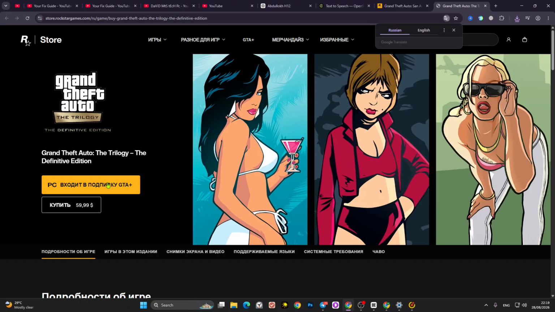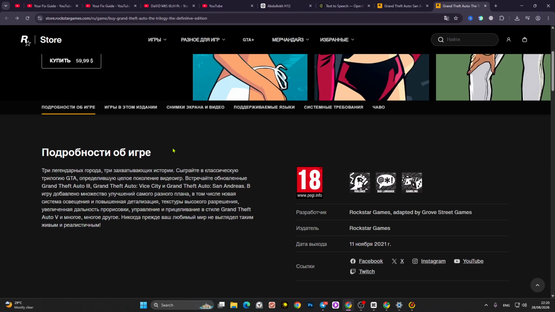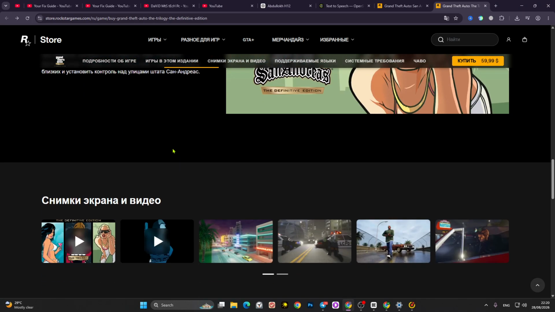Click Buy Now. Sign into your Rockstar Games account if you're asked to. If you don't already have an account, create one and then continue. Choose your payment method and complete the purchase. Once the game has been added to your Rockstar account, download and install the Rockstar Games Launcher if you don't